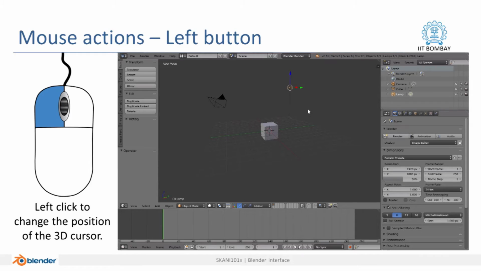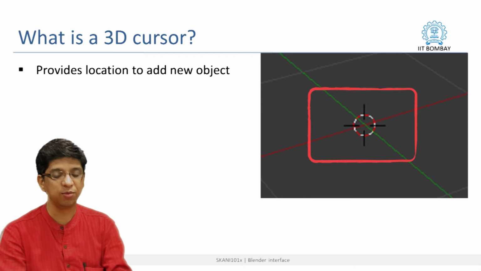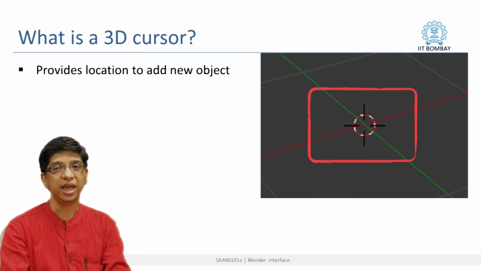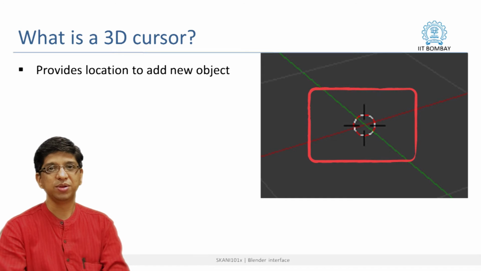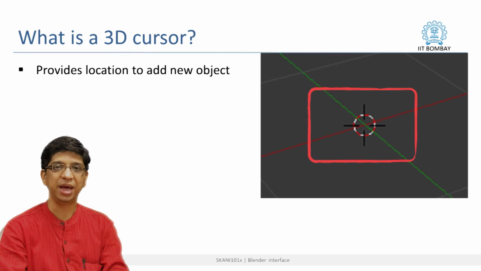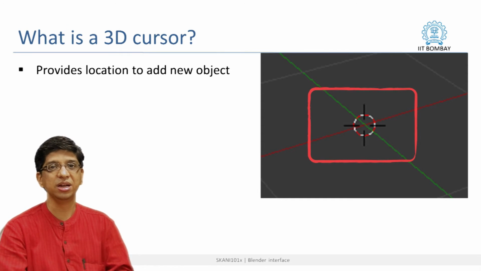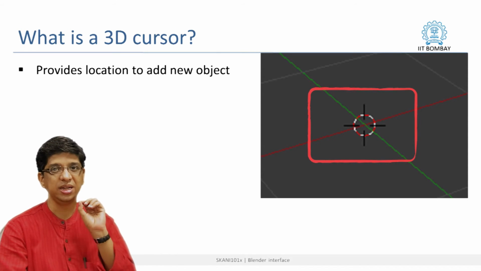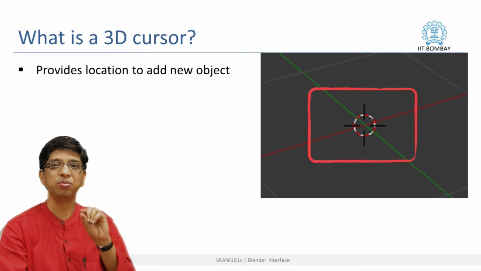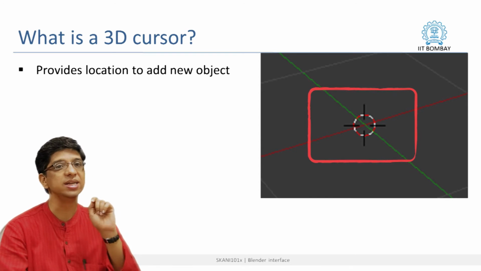Panning is basically drawing a parallel line to the object and moving in the horizontal direction. So, lastly we talk about the left mouse button. Left mouse button, if you click somewhere on the 3D viewport, it will replace or move the 3D cursor, and that is what the point is, that what is this 3D cursor. Like I said earlier, in 2D softwares you have the parameters of a cursor explained in terms of x and y axis, where is the location of the cursor, but in 3D it is also equipped with the z axis. Therefore, the location is explained in terms of x, y and z axis.